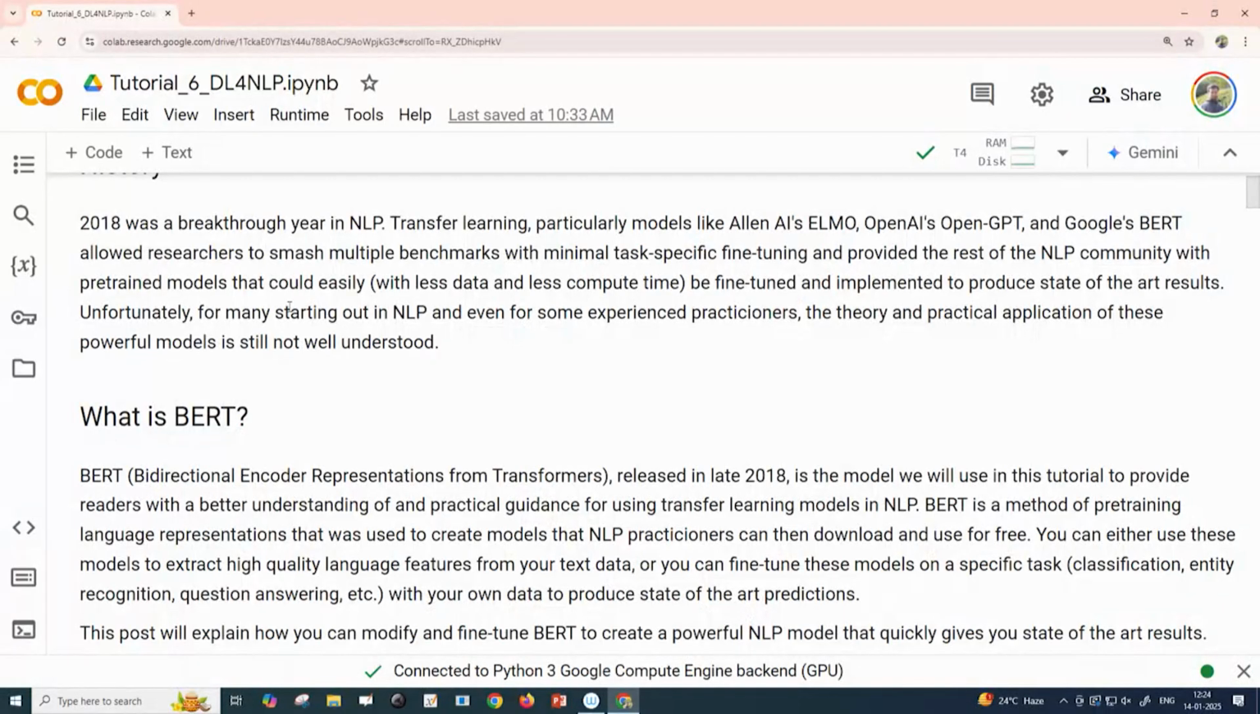So, this is tutorial 6. Here I will cover how you can fine tune some of the transformer. In this tutorial I have covered BERT. So, what is BERT? BERT stands for bidirectional encoder representations,